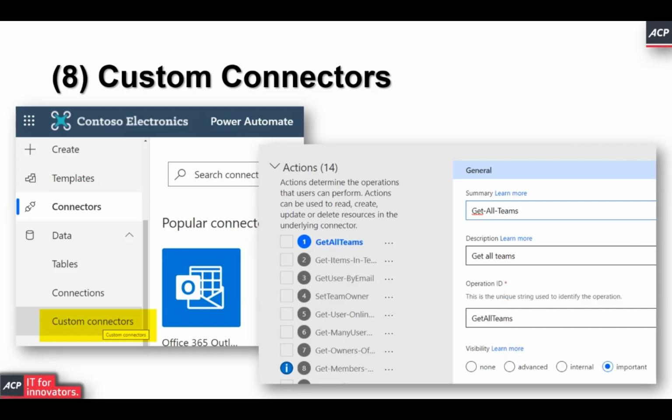And the good thing is this is particularly useful if you will be doing loads of automation with Microsoft Teams, for instance, then it's a good idea to create custom actions within your connector because you know that things like getting all the teams of a user is something that you will be needing time and time again. So make sure you use custom connectors.